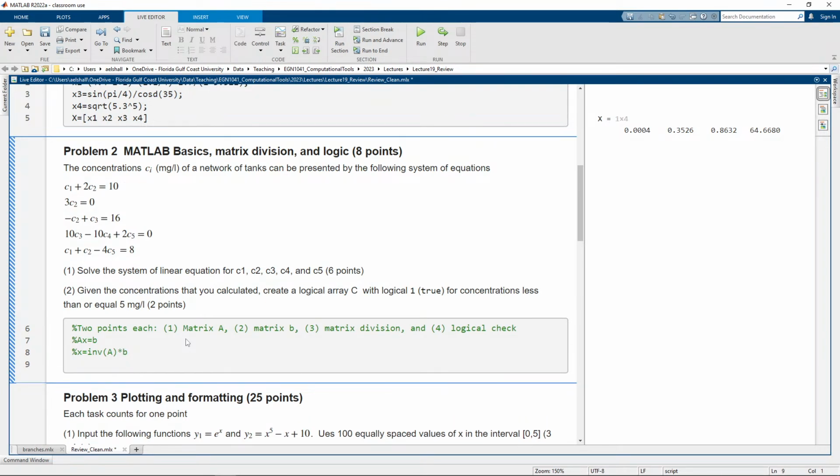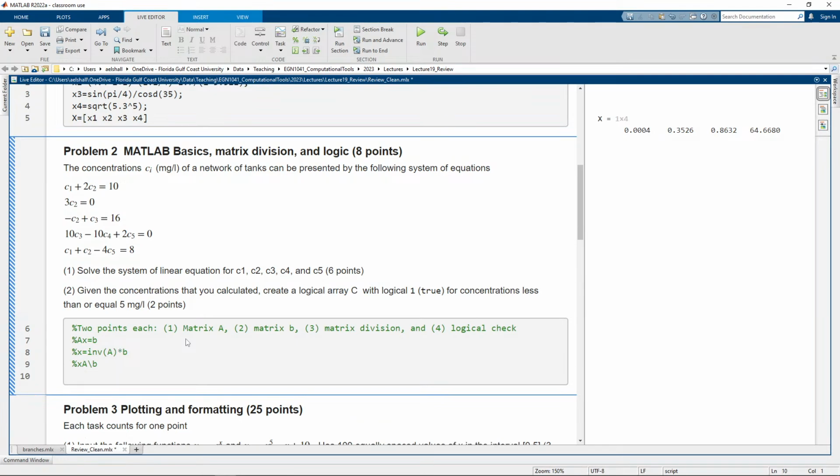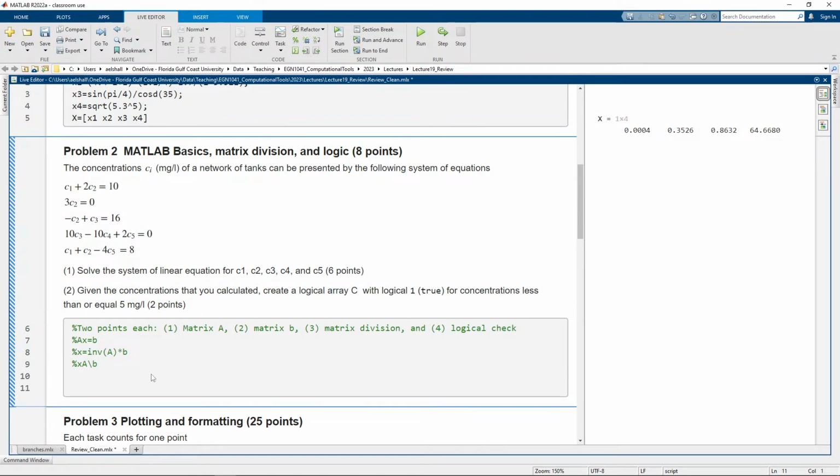That's one way of doing it, or the easiest way of doing it in MATLAB is you say x is equal to A left division b. The left division will do this one, the inverse of A times b. That's what the left division will do. Okay, so let's just get our